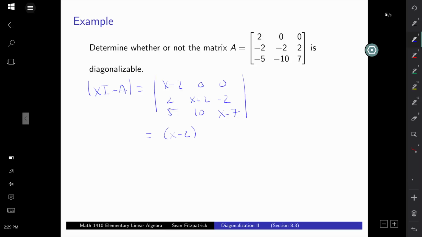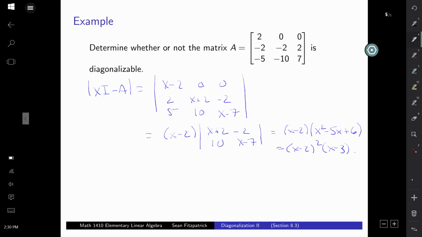So expanding along the first row, I get x minus 2 times the determinant of x plus 2, minus 2, 10, x minus 7. So I get x squared minus 5x minus 14 plus 20, x squared minus 5x plus 6,